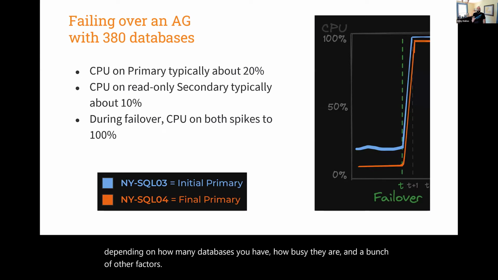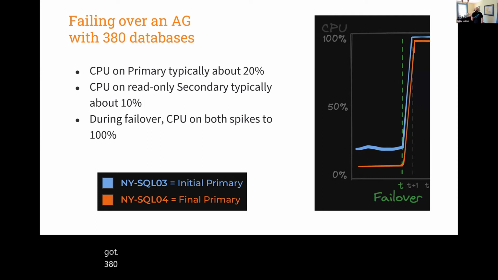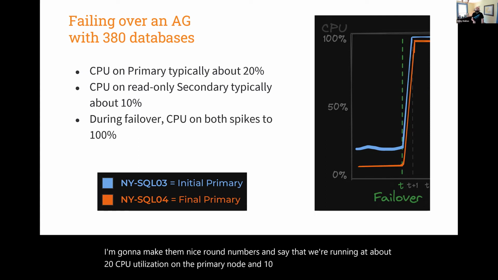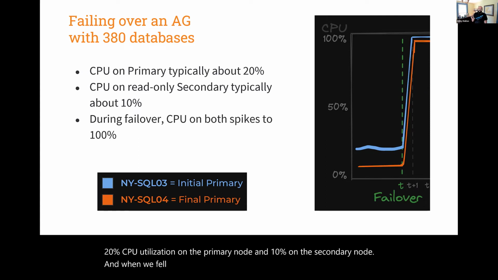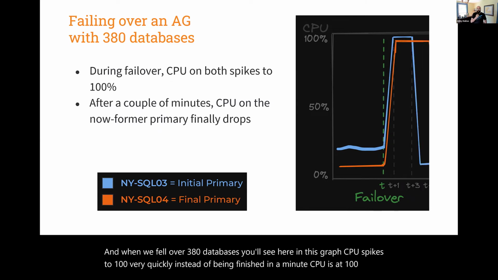So let's take a look at what failing over an availability group looks like if you've got 380 databases in it. Aaron mentioned we typically run pretty low on our CPU utilization. So I'm going to make them nice round numbers and say that we're running at about 20% CPU utilization on the primary node and 10% on the secondary node. And when we fail over 380 databases, you'll see here in this graph, CPU spikes to 100% very quickly. Instead of being finished in a minute, CPU is at 100%. And then a couple minutes later,